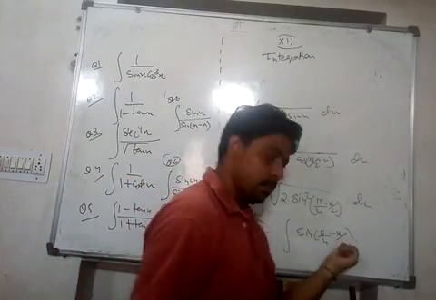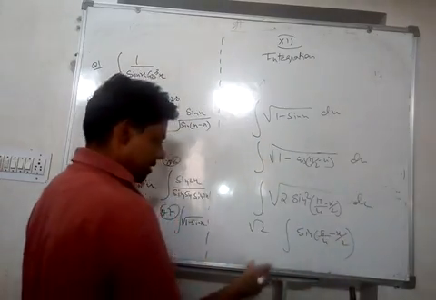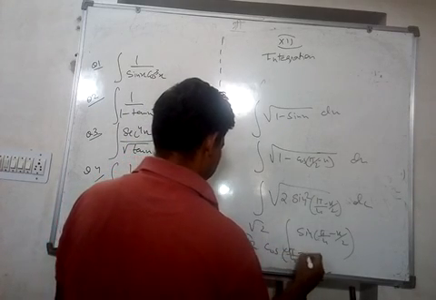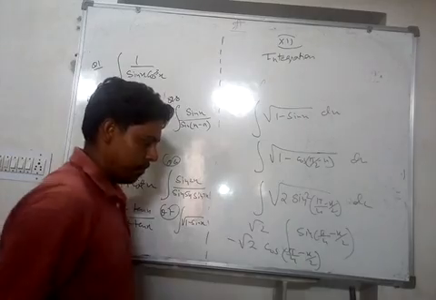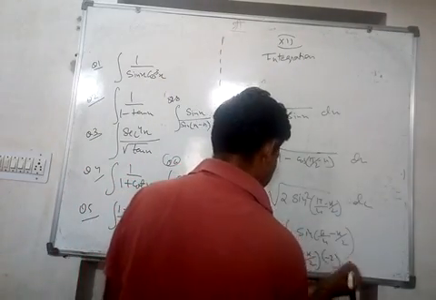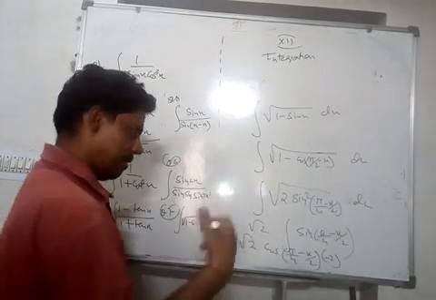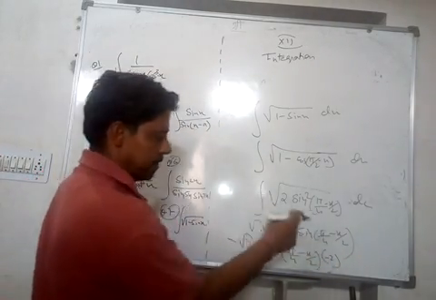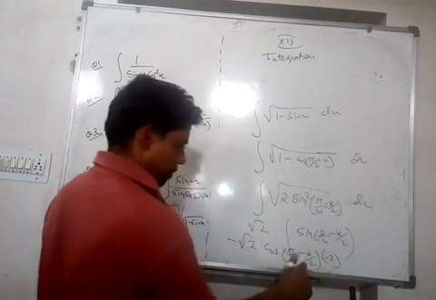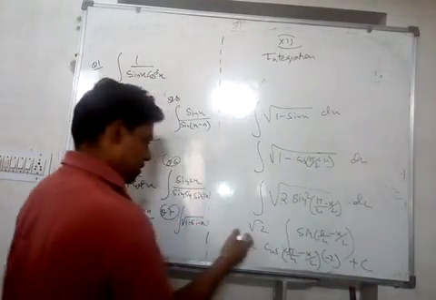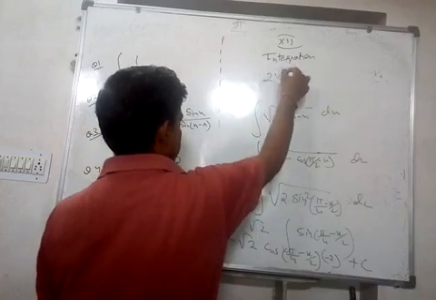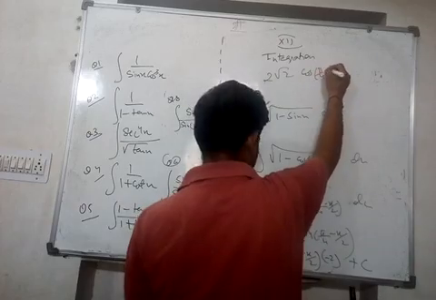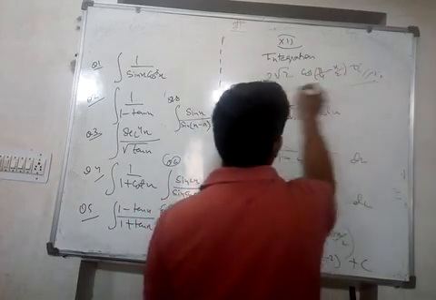Remember this minus x by 2 also we have to integrate. The sine integration is minus, so minus root 2 cos(pi by 4 minus x by 2), and for the minus x by 2, you have to multiply by minus 2, because the coefficient is minus half, so you multiply by the reciprocal of half, that is 2, plus c. So the answer is minus minus. One of the answers could be this: 2 root 2 cos(pi by 4 minus x by 2) plus c. This could be the answer.